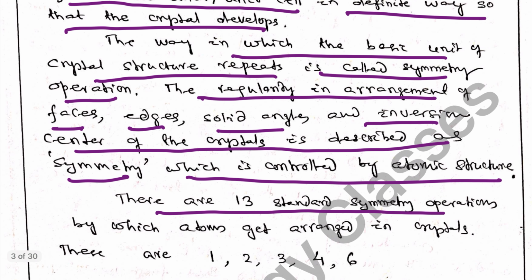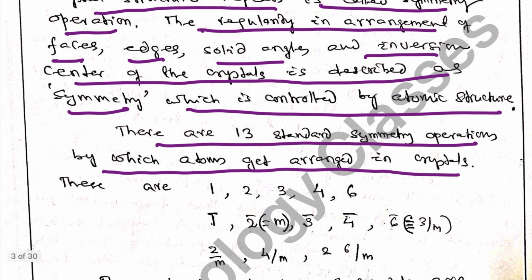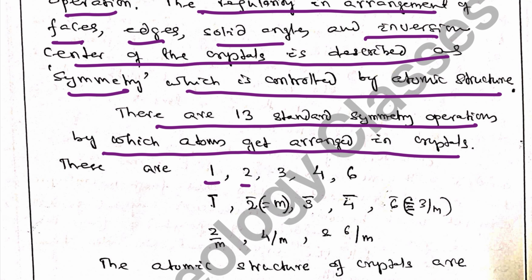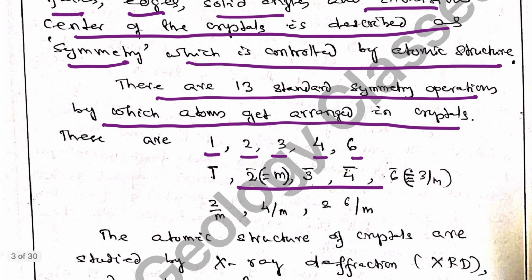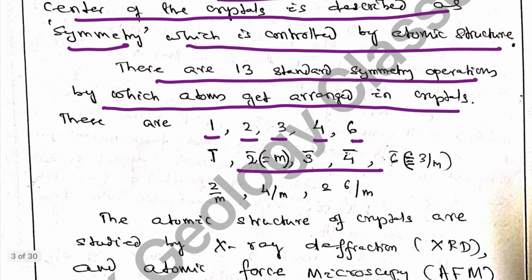There are 13 standard symmetry operations by which atoms get arranged in crystals. These are axes of 1-fold, 2-fold, 3-fold, 4-fold, 6-fold rotation; 1 bar, 2 bar, 3 bar, 4 bar, 6 bar, which are the axes of rotoinversion; and 2/m, 4/m, 6/m, which are the axes with planes perpendicular to the axis, or the mirror planes that exist perpendicular to the axis of 2-fold, 4-fold, 6-fold in 2/m, 4/m